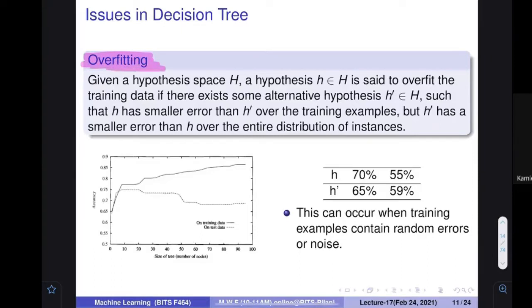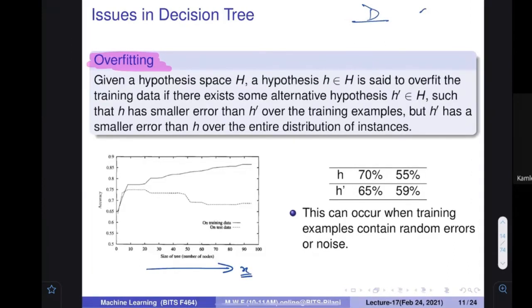For a few minutes, let us talk about a very interesting topic that we touched upon a few minutes back: what is overfitting. Overfitting means becoming very good on your data. Let's assume that you have some database, and on that database you are developing a tree, and the size of the tree is plotted on the x-axis. If you increase the size of the tree, your tree is going to be better on the data. Yes or no? Your accuracy is going to increase when the number of tree nodes increases. At some point, you may reach the maximum possible.